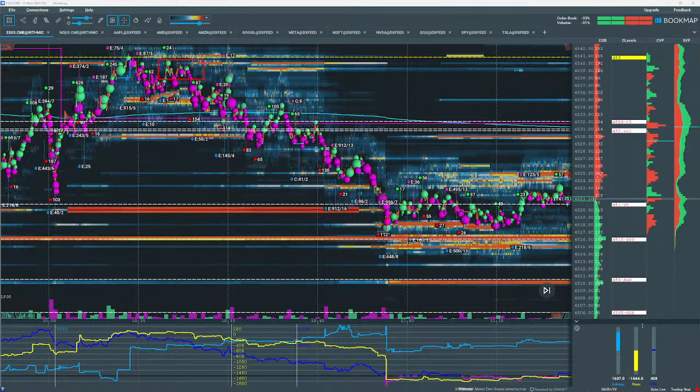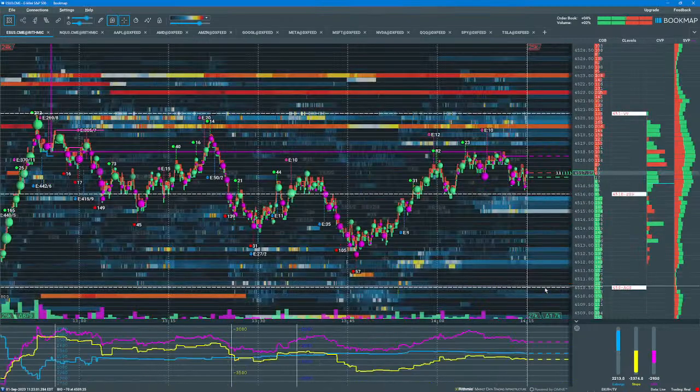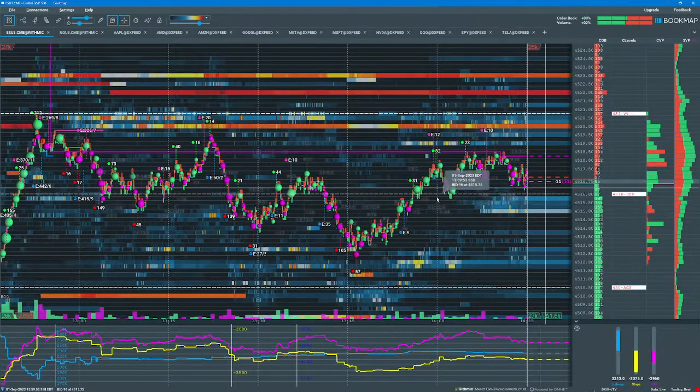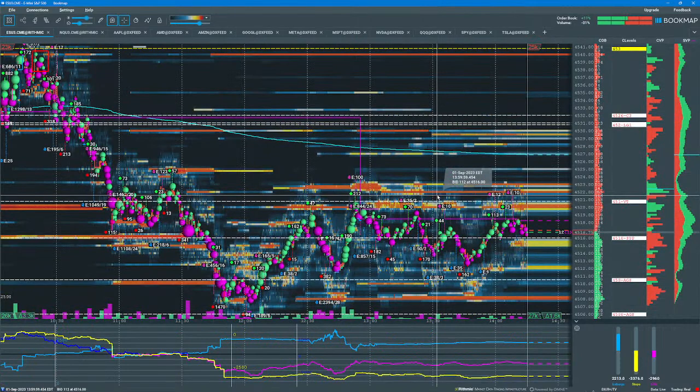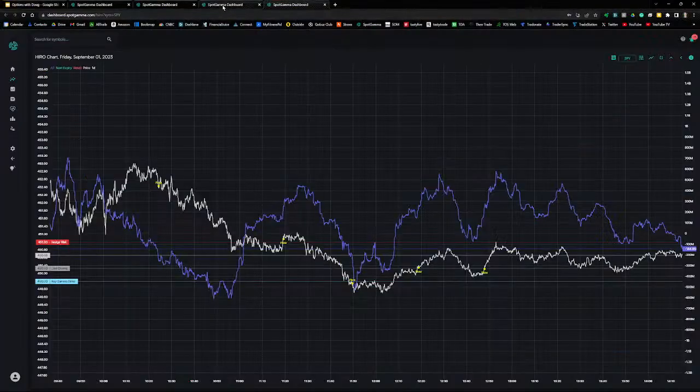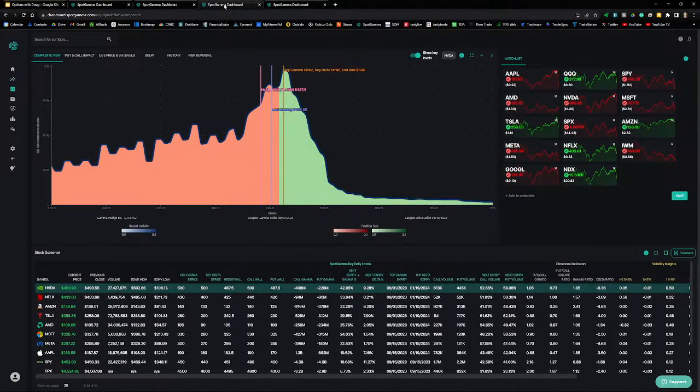All right, let's get to some stocks now. So today, I want to focus on a list of stocks. This is my watch list. This is Equity Hub. And what I'm going to focus on is this next